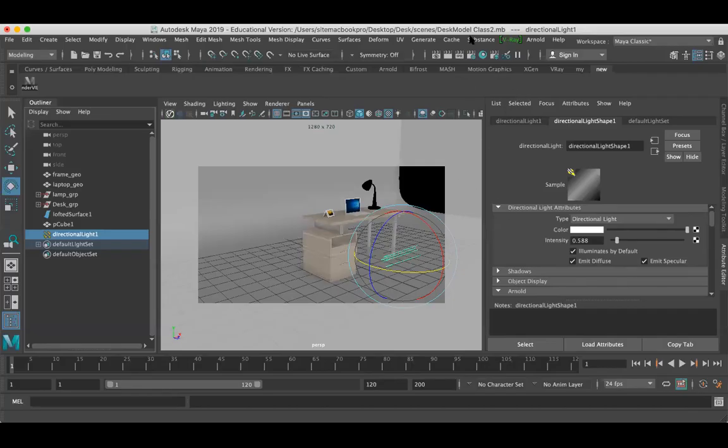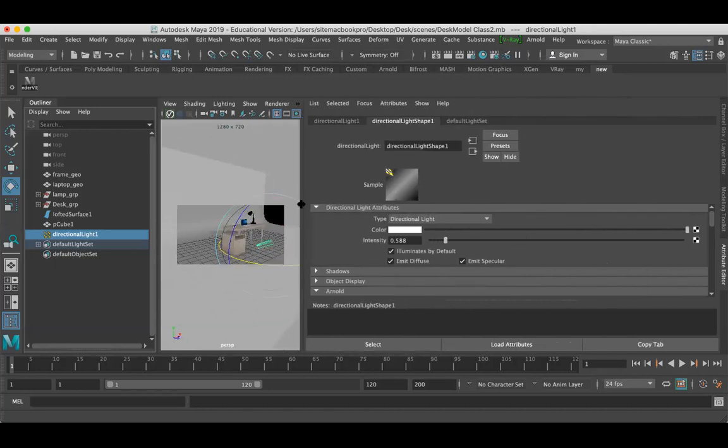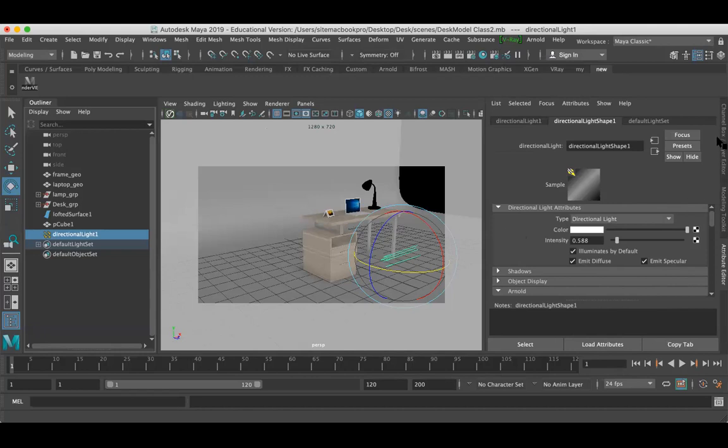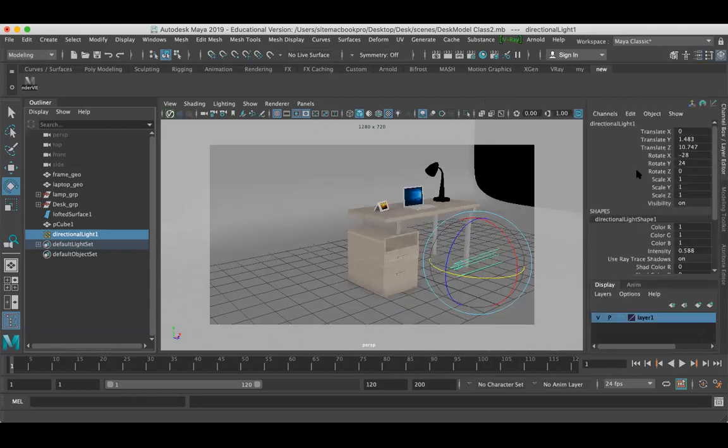So as I told you, the attribute editor takes a lot of space here. I cannot make it smaller. I can make it bigger, but I cannot make it smaller. That's why I'm switching to the channel box, okay? But we have some other alternatives. If I tell you that, you will be confused with the interface. So that's why I'm not disturbing the interface here.